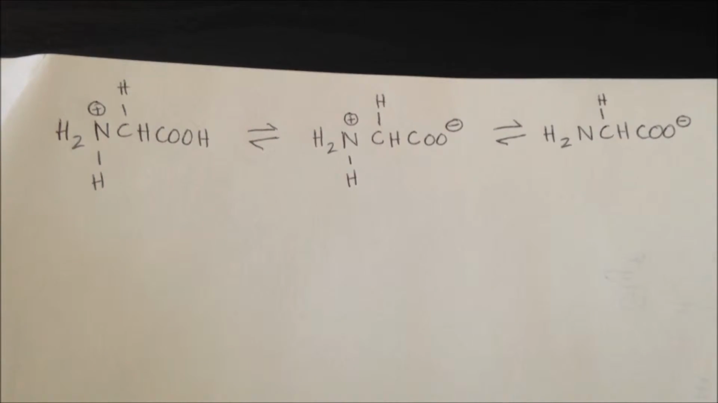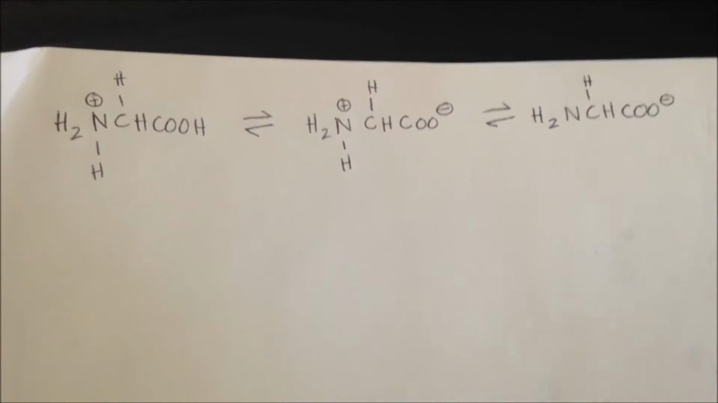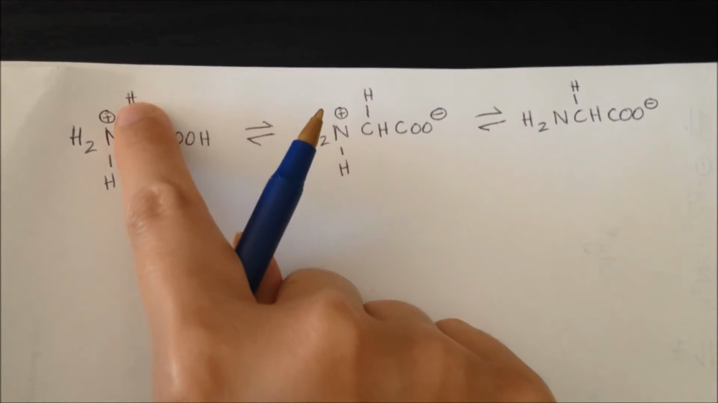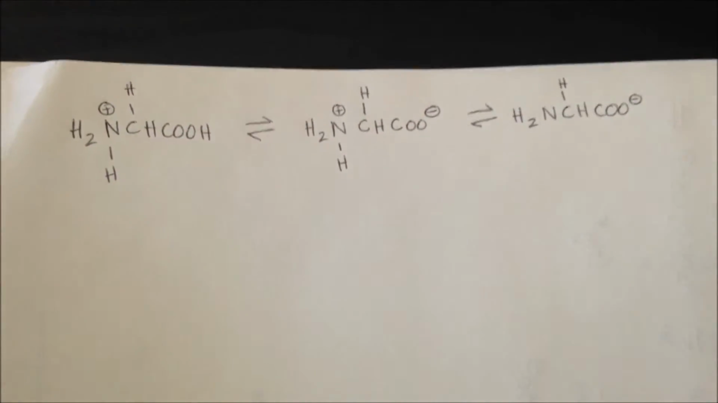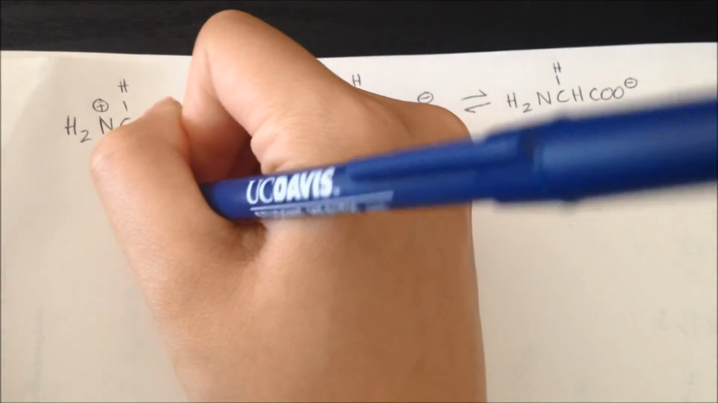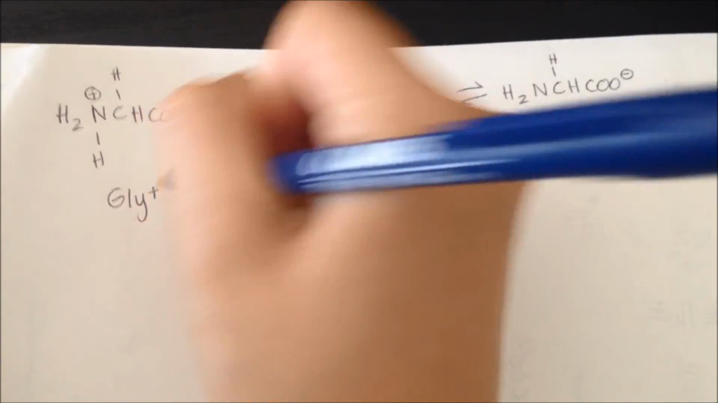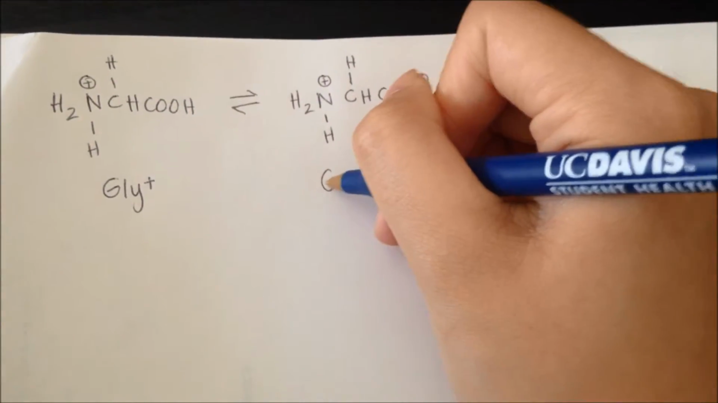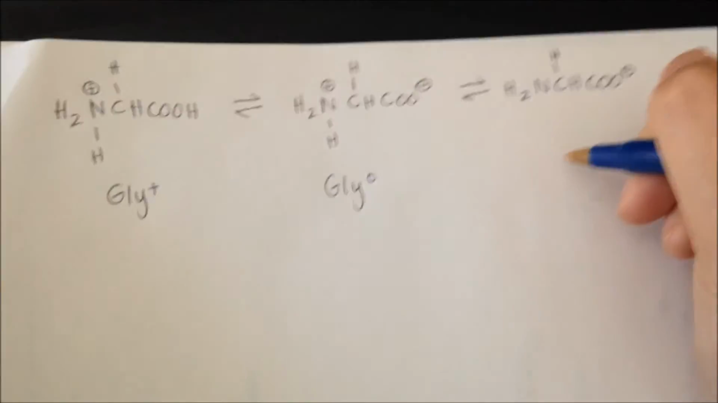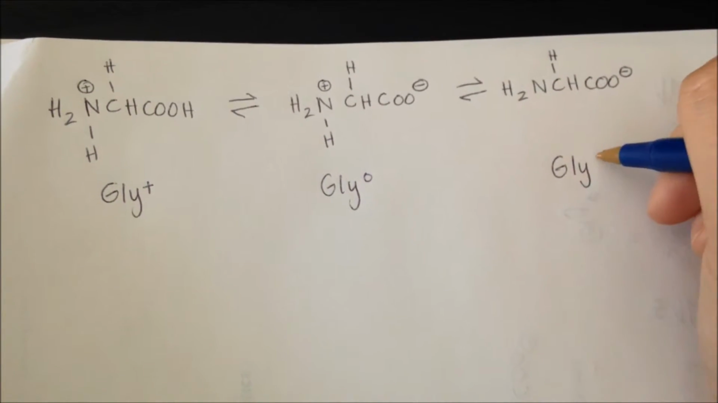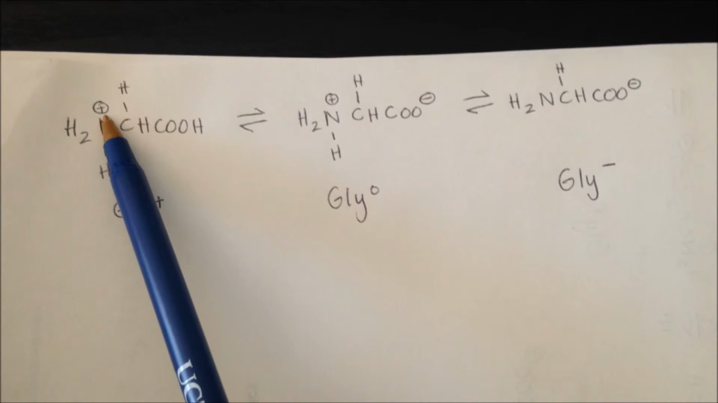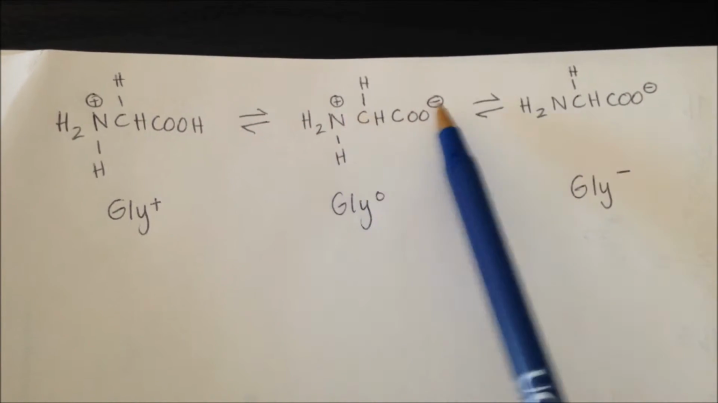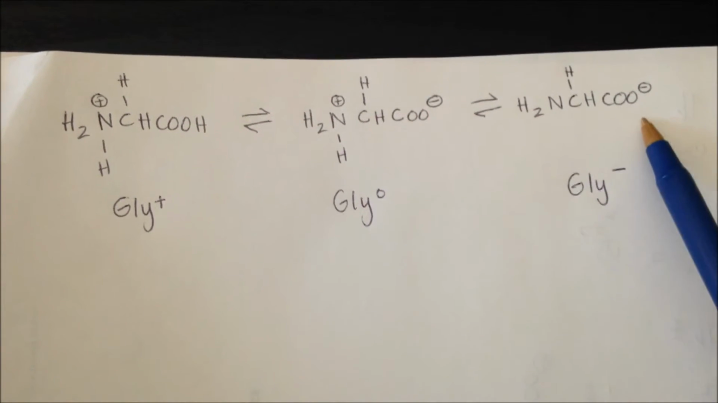So let's take a look at glycine, for instance. This is glycine with the R group H, the simplest amino acid. So here we have glycine positive, glycine 0, and glycine negative. Positive because there's a positive charge here, 0 because the positive and negative charges cancel out, and negative because there